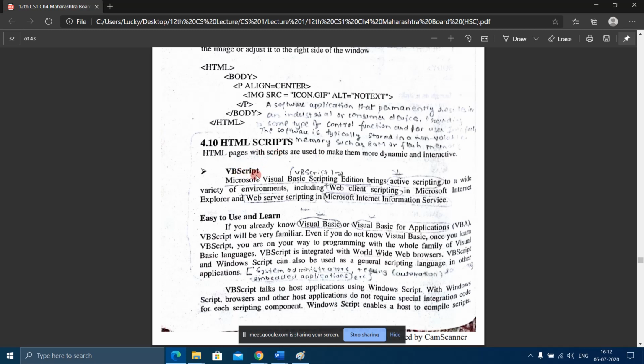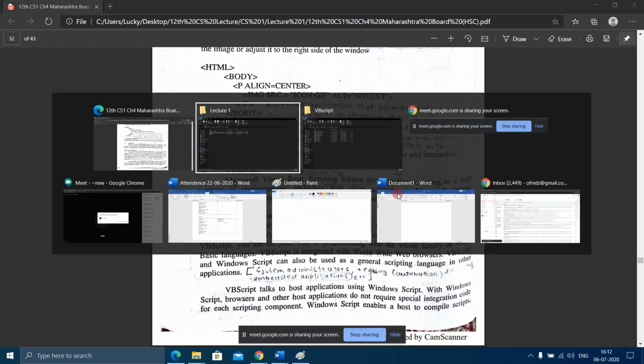Now VB script. Let us see what's written here about VB script. Microsoft Visual Basic Scripting Edition. This means VB script, the short for Microsoft Visual Basic Scripting Edition, brings active scripting.